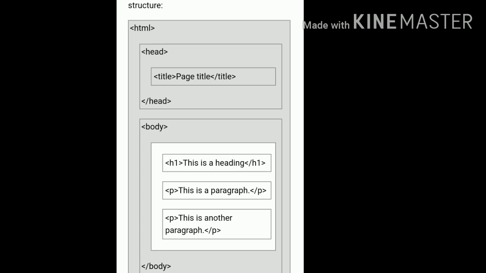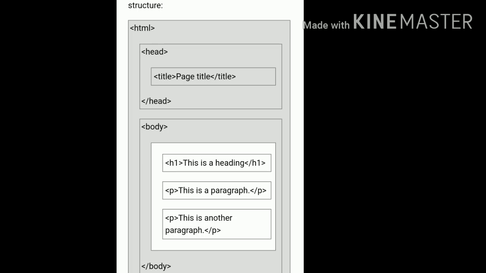In 1995, the HTML working group defined HTML 2.0. In 1997, the W3C recommended HTML 3.2.